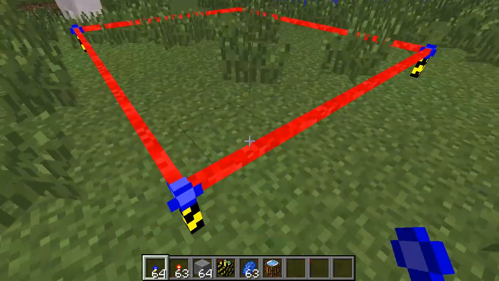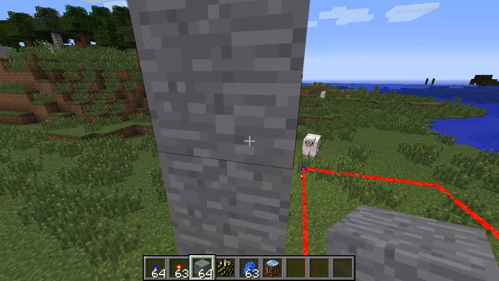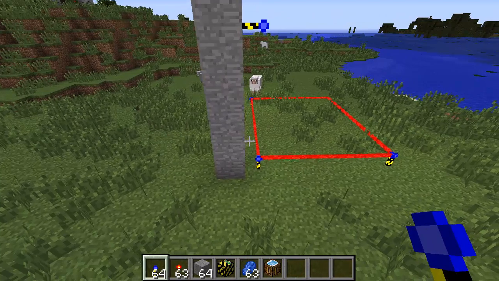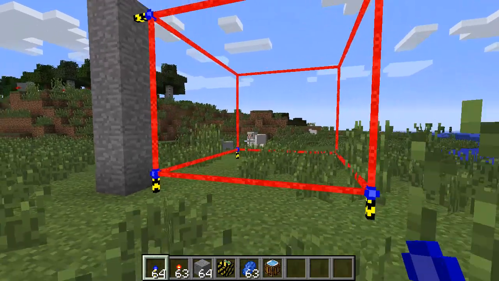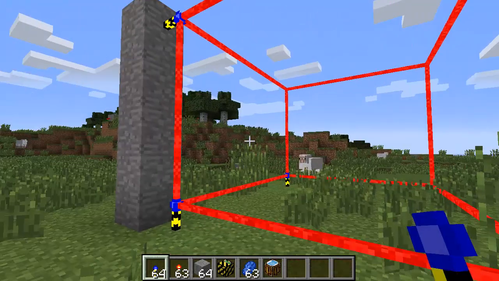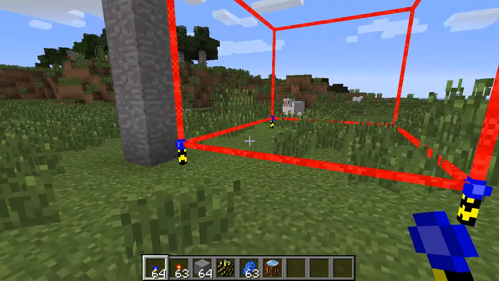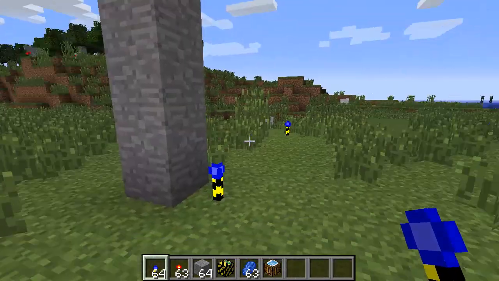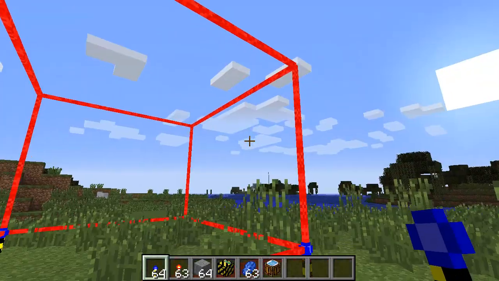Now if I want to create a cube, a three-dimensional area, I'm going to have to go a little bit above and place my landmark up there. And again, if I right click on the center, I'm defining here a nice cube, a nice 3D area, and this is basically as much as I can do. What you've seen here is that I went step by step to define this area, but of course I can just place my markers the expected way and right click on the center one, and that will create